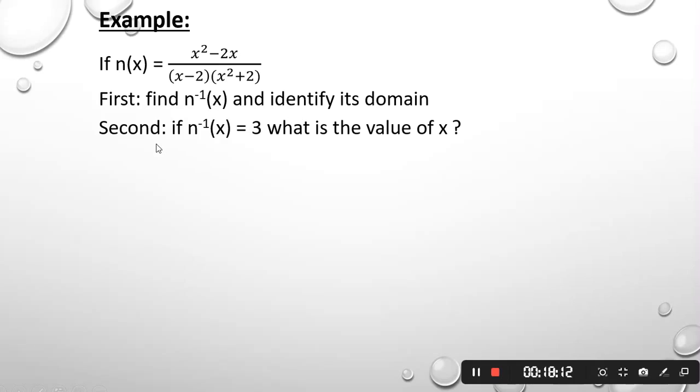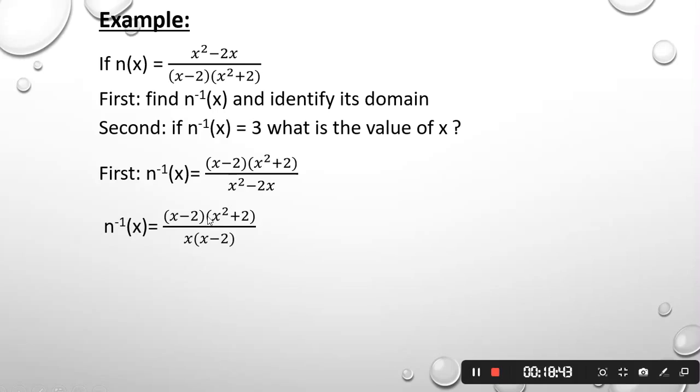Second, if n inverse of x equals 3, what is the value of x? First, to find n inverse of x, I will flip the fraction: (x minus 2)(x squared plus 2) over (x squared minus 2x). I flip it. Then we'll